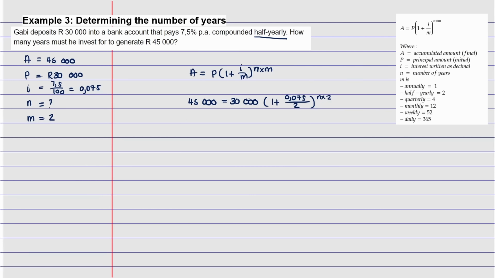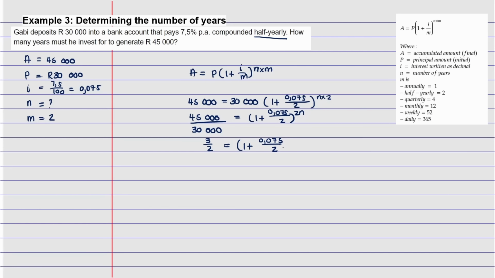Now take the 30,000 to the other side, so it's 45,000 divided by 30,000, and this is equal to 1 plus 0.075 divided by 2, to the power 2n. Now simplify 45,000 divided by 30,000, which gives you 3 divided by 2. And this is 1 plus